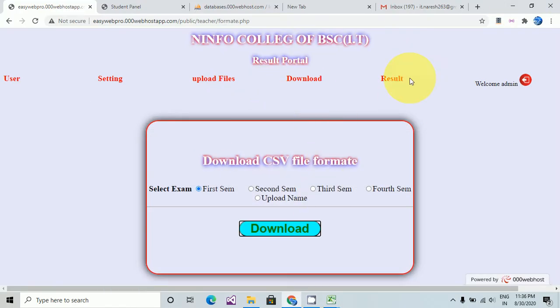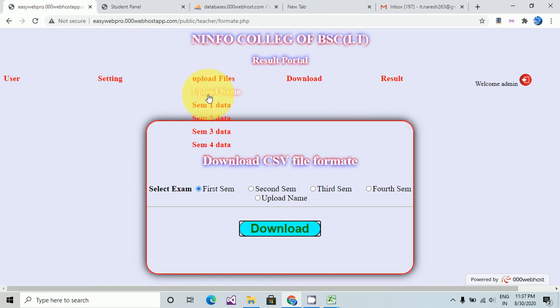Let's go for upload. We upload this file after some time. Before it, we see some other options. This option publishes the result of a student. After publishing, the user can view this result from their home, PC, or mobile. Unpublished result hides the result, and this option is for deleting the result.